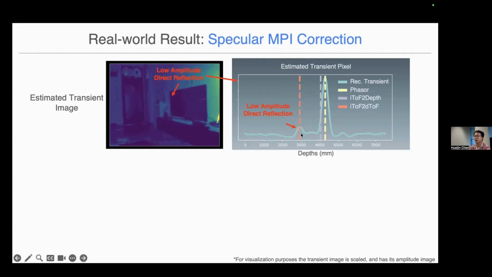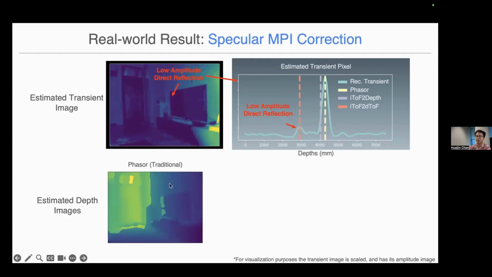If you don't have this transient output, you are likely to get an incorrect depth estimate for that point. But with our intermediate estimated transient pixels, you are able to pick the low amplitude direct reflection and use that as your depth